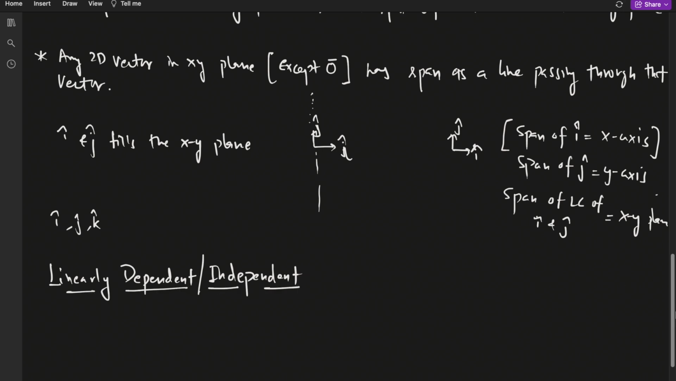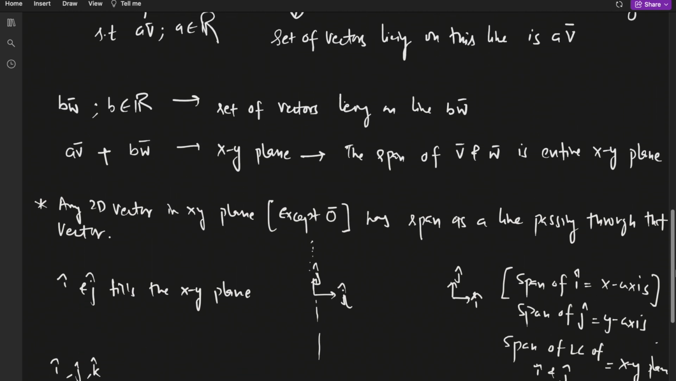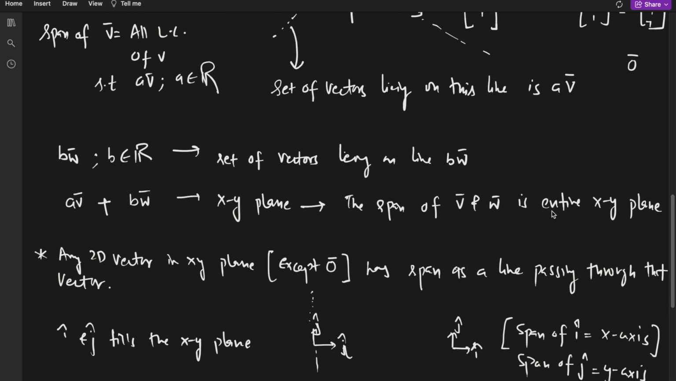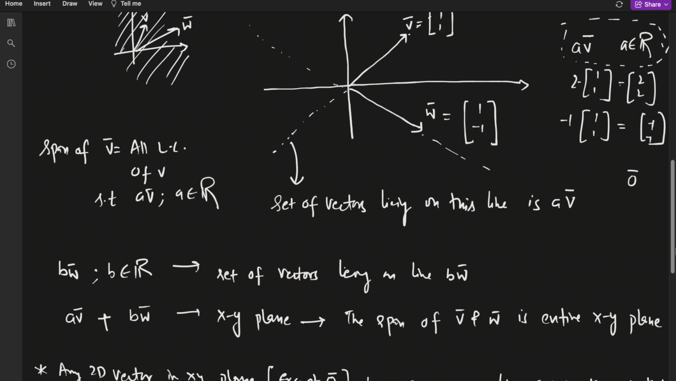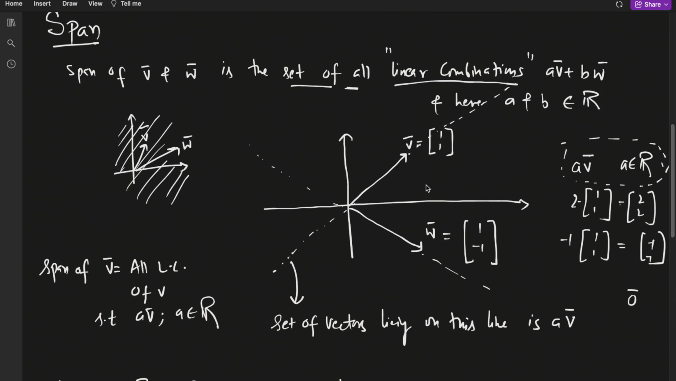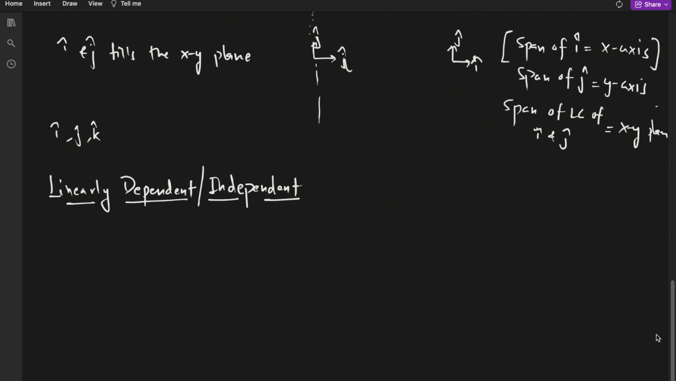If you remember, when I was saying this, the span of V and W fills the entire plane, right? Same goes for i hat and j hat. The span of i hat and j hat is nothing but the entire xy plane. Here, see, this V and W is giving me the entire xy plane, right? So is it true for all sets of vectors, all 2D vectors? So my question is